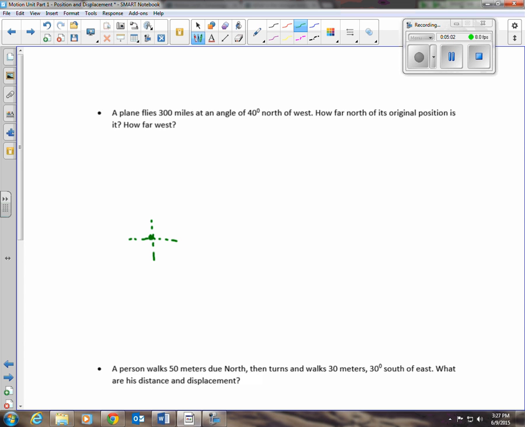So I'm going to put in my little axes here. Okay, 40 degrees north of west means that it's going off this way. And this is 40 degrees because west is my reference in this case, and I'm swinging 40 degrees north of it. I'm going to say this is 300 miles. And I'm going to let D stand for displacement. Now, I want to know how far north and how far west. What I'm going to do is draw in